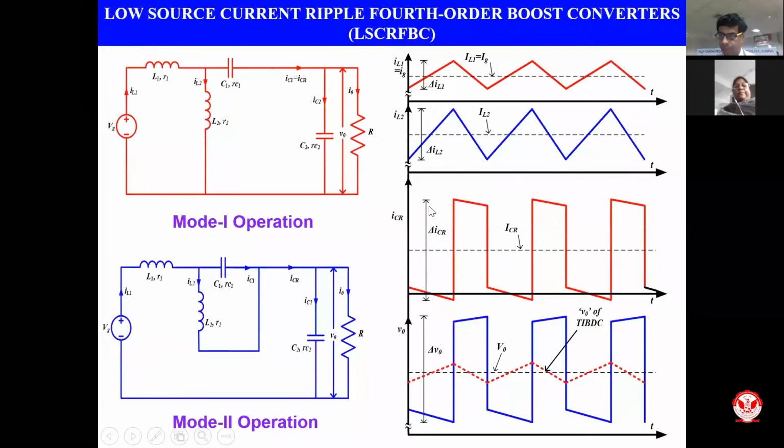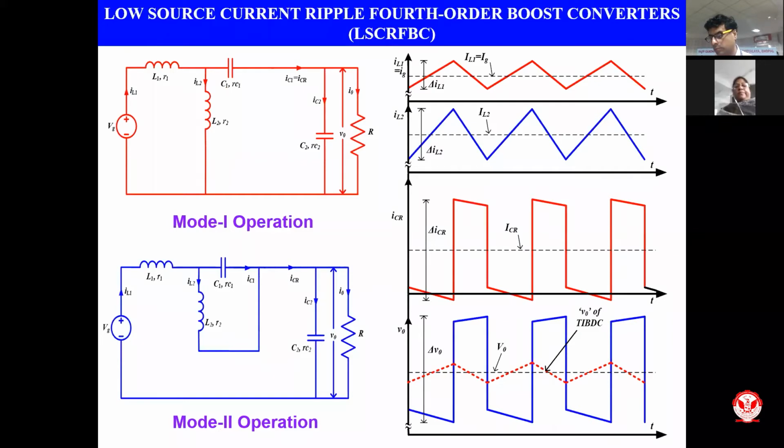Then this is the third converter which I have discussed here. In this again you see that the placement is such that, although you are getting a high ripple at the load side since the discontinuity is arising, the source current ripple becomes almost DC. The source current ripple is almost zero in this case, somewhere around 1 to 2%. So this converter, although it's not improving the performance of the load side, drastically improves the converter performance